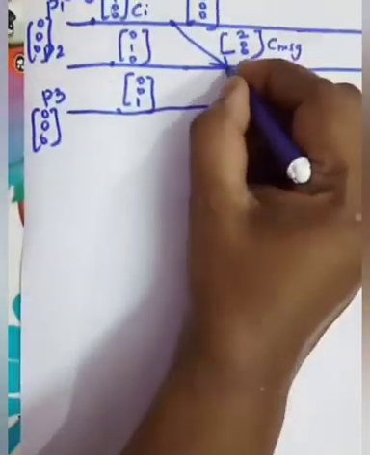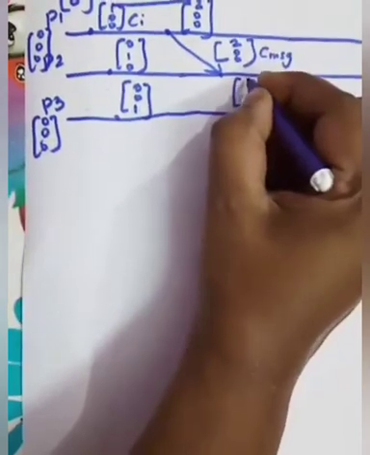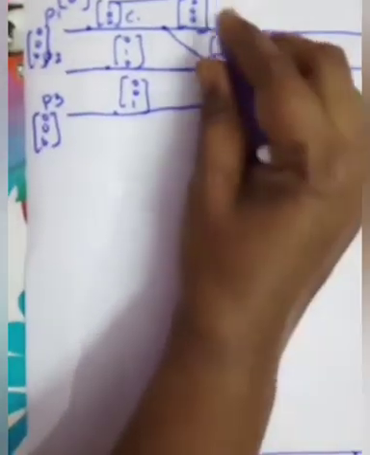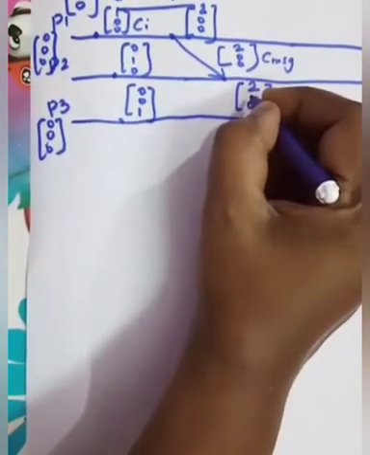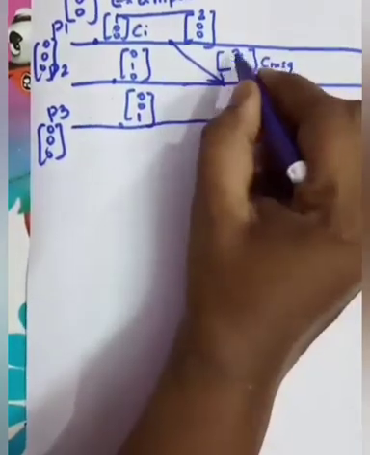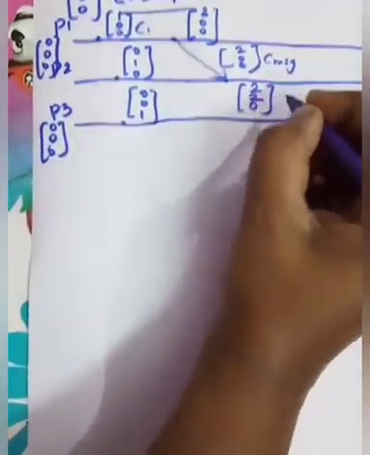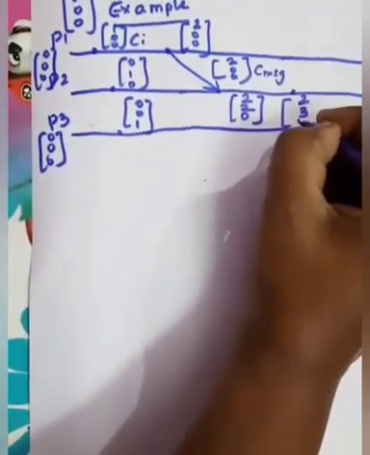Now, in order to determine the timestamp, for the first column it will be 2, for the last column it will be 0, but for the second column we have to write the maximum value of 1 and 2, which is 2, so it becomes 2, 2, 0. Now when an internal event happens it becomes 2, 3, 0.